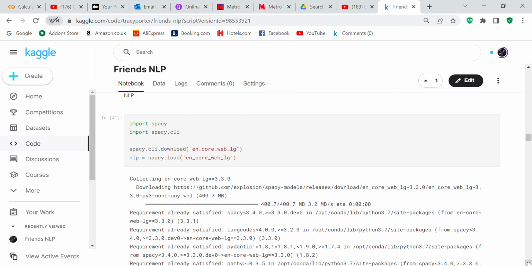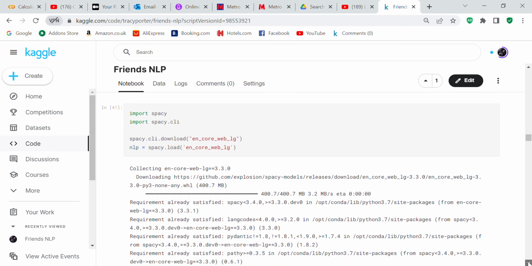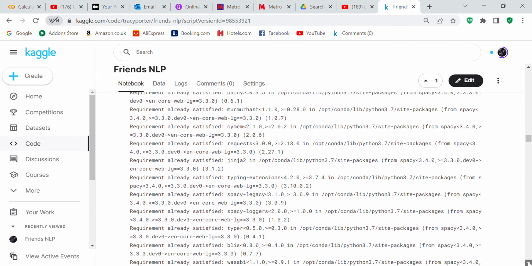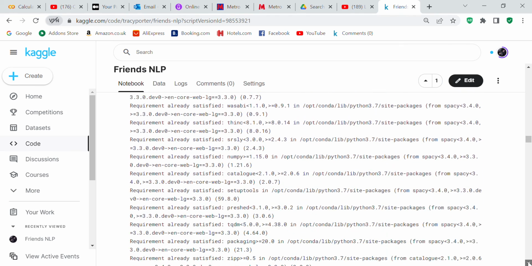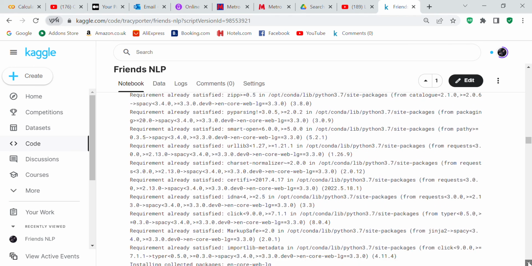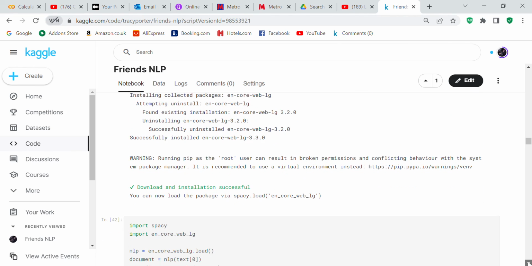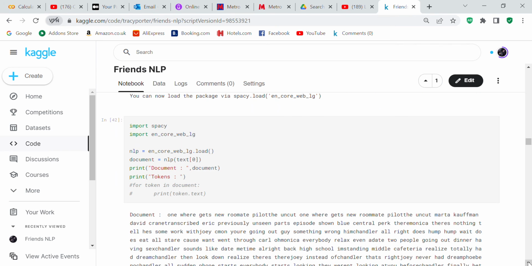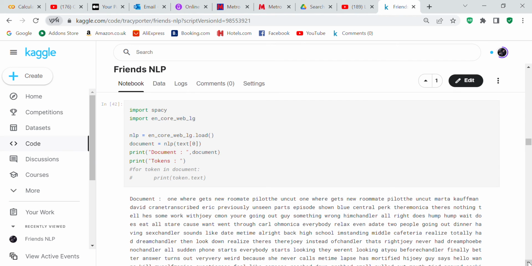So we're going to import Spacy and import Spacy CLI. And then we're going to import en_core_web_lg, meaning it's a large data set. And then we're going to do some more work.